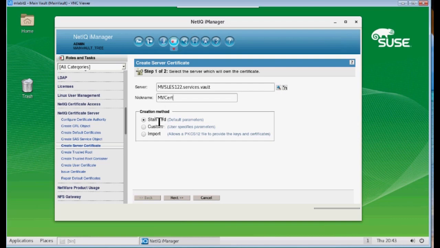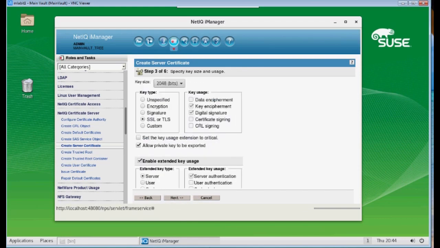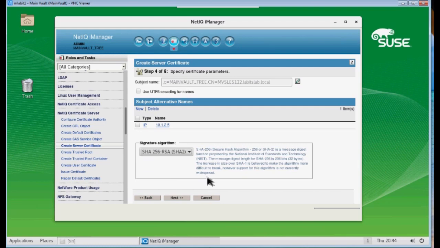Now you can go ahead and choose standard, but I'm going to choose custom because I want to make some specific changes. Click next. I'm going to keep organizational certificate authority. I want to make sure that the SSL are selected. I want to make sure that the server is selected under the extended key type. Click next. Now, SHA-1 is not considered secure anymore, so we're going to go ahead and choose 256, and I'm going to scroll down,